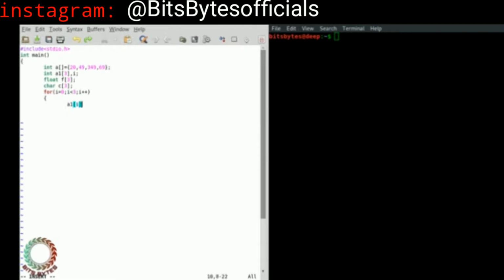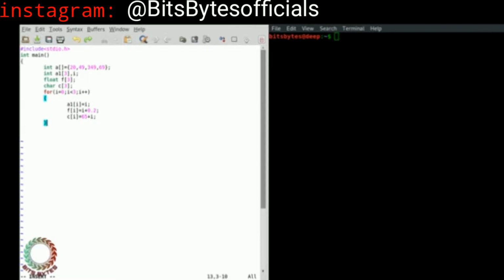You know very well what a loop is. If I store an integer value in a character array, integer values like 65, 64, 63, then it automatically converts into a character.